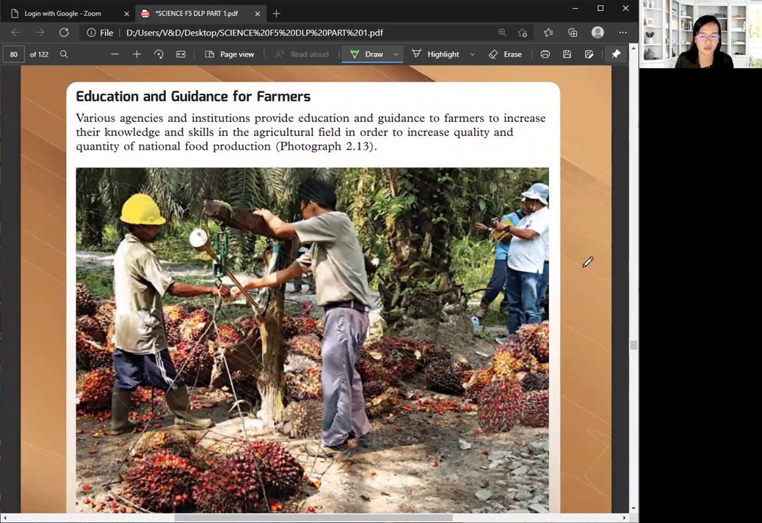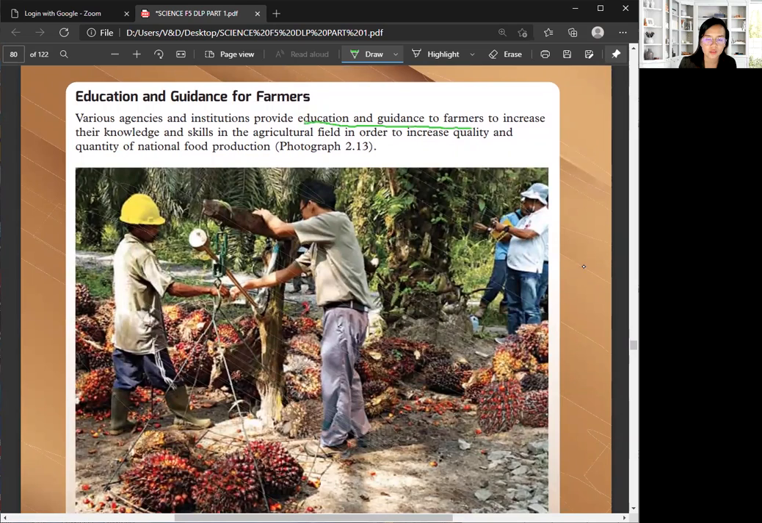Okay, next one, giving education and guidance for farmers. So there are various agencies and institutions that provide education and guidance to farmers to increase their knowledge and skills in the agriculture field in order to increase quality and quantity of national food production. Ya, apa saja jenis lah, seminar kah, kelas, apa saja jenis pendidikan, kursus. So this is helping the farmers to know more about how to increase their crop yields, how to handle the fruits or the animals, so that the quality and the quantity of